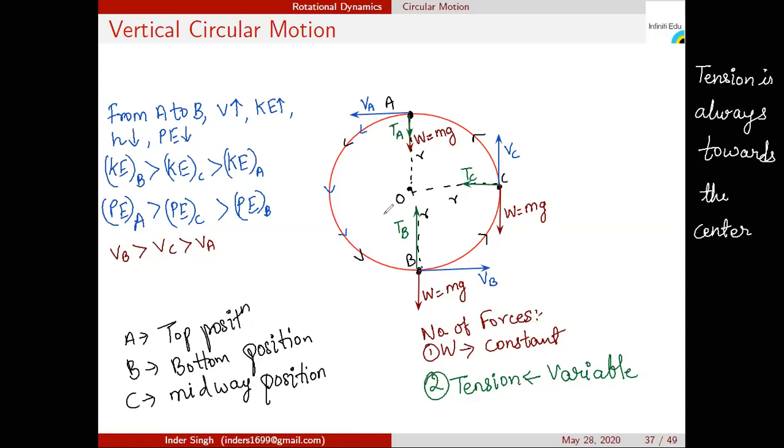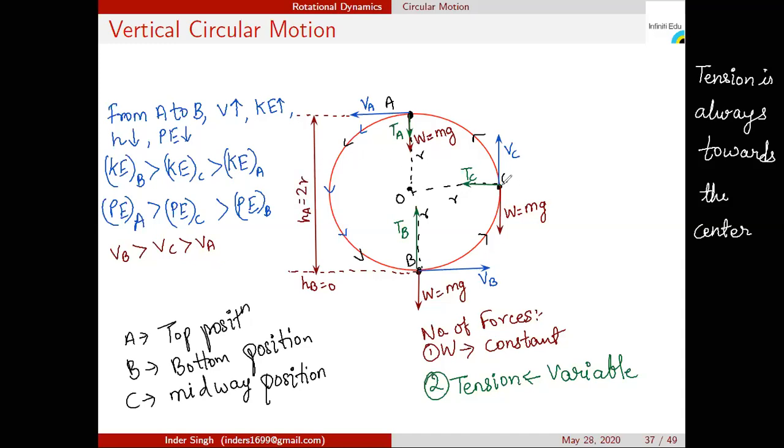If suppose I again write the height information. So suppose this is a ground plane; we consider this is the HB value. HB value will be 0. This is the HA value. HA value will be nothing but 2r, because it is equal to the diameter of the circle, and the diameter of the circle is nothing but 2r. So HA is equal to 2r.